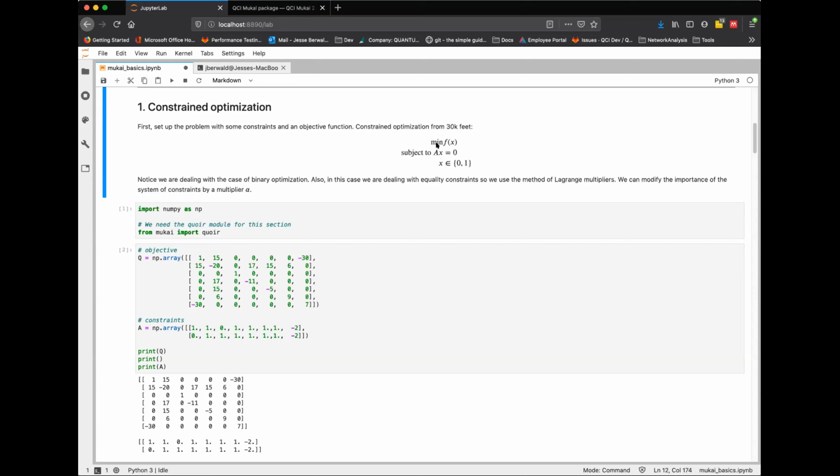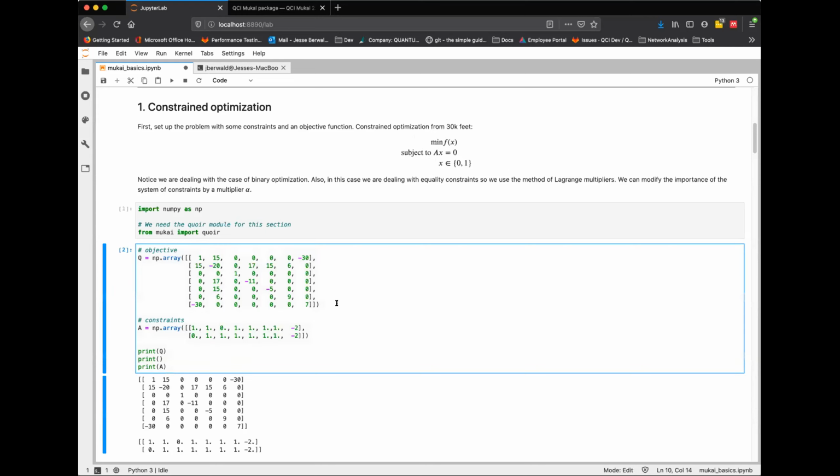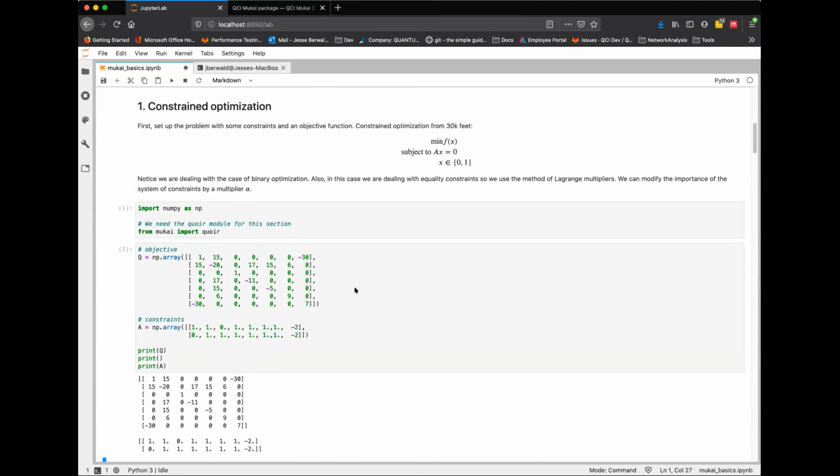So we want to optimize this cost function, find a minimum or sometimes maximum value of f, with binary variables and subject to these constraints. Another way to say that is, A is actually a system of linear equations, and Q is some square matrix that acts as a cost function. So what's up here is equivalent to what's down here. You can see